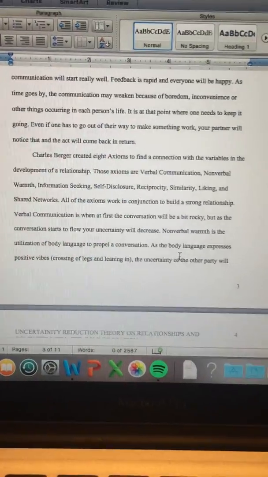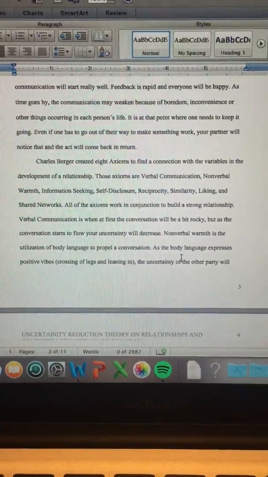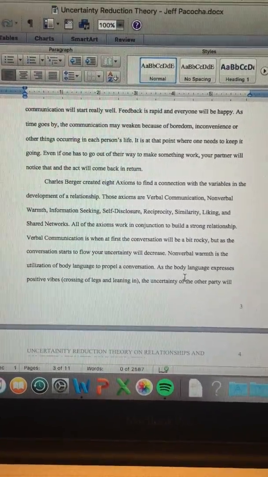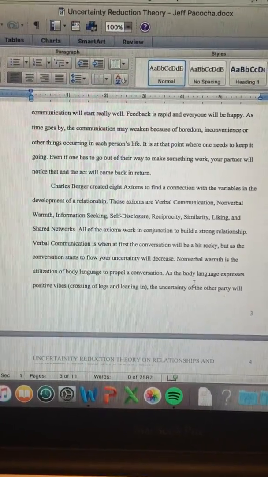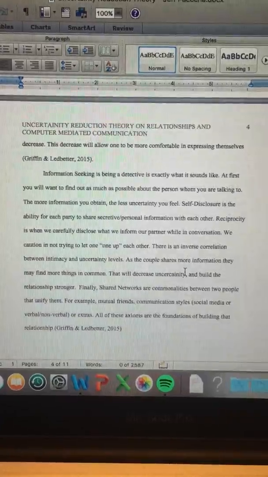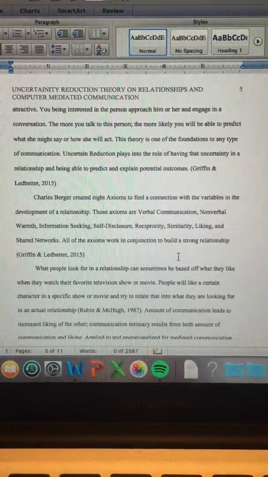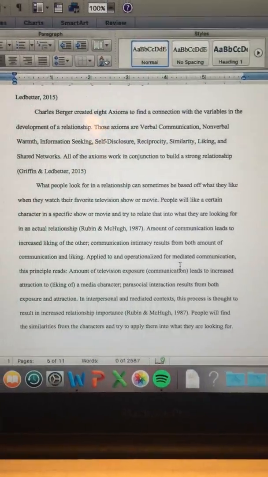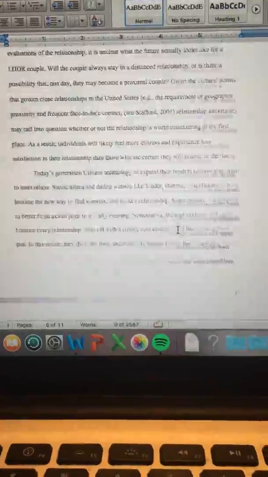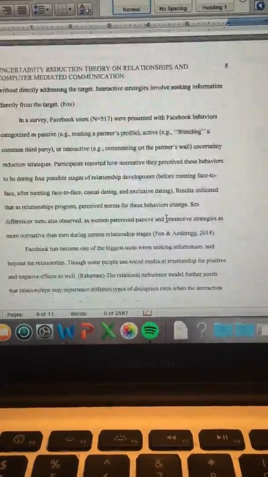Similarity, liking, shared networks, that all goes into everything else that has been said. It's like what do you have in common in liking and shared networks, like interests you have, and shared networks, like mutual friends or something mutual that you like to do. So going through the lit review, a lot of this research was done through Charles Berger, as previously said, about the axioms. But we're going to quickly go into the last part of it, which would be